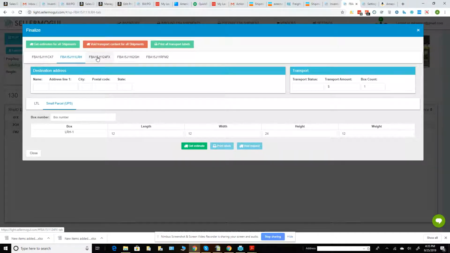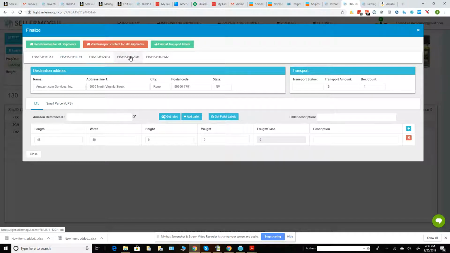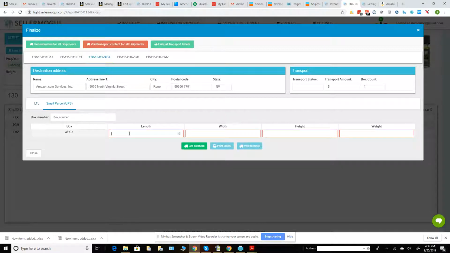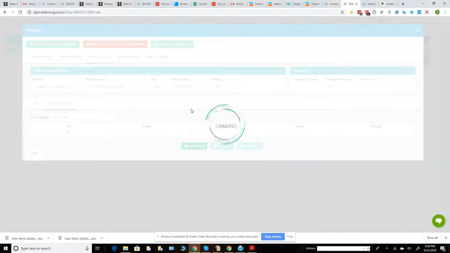So again, the same thing here, so you can get the rates here and choose the shipment. So like this one, you see it's missing the sizes, so we're going to do 2027, and you can get an estimate from this, right? So it'll tell you,